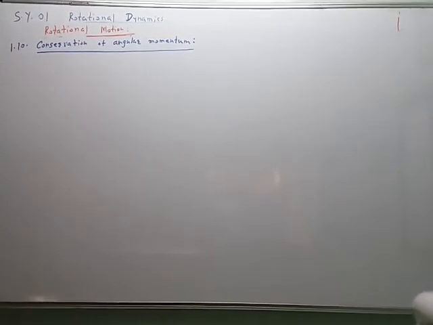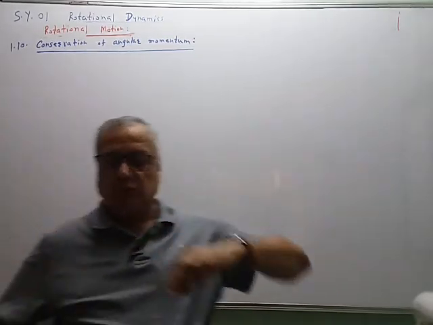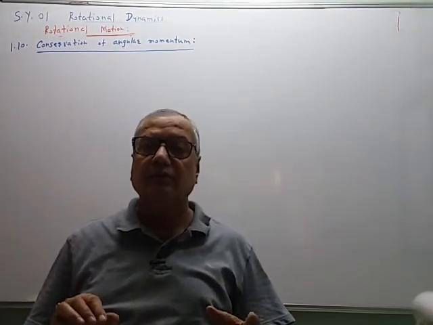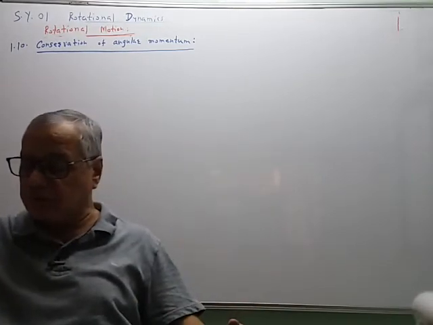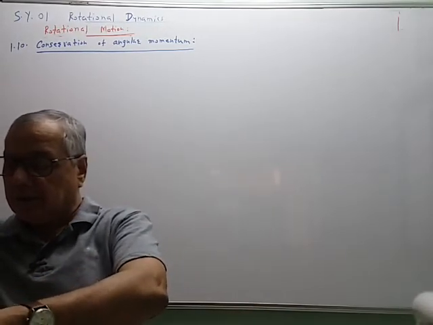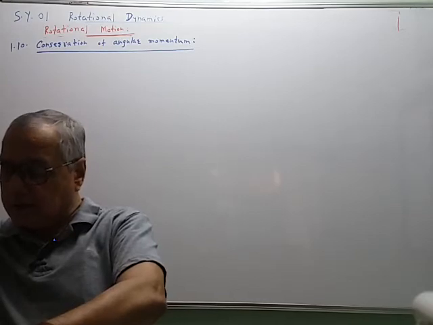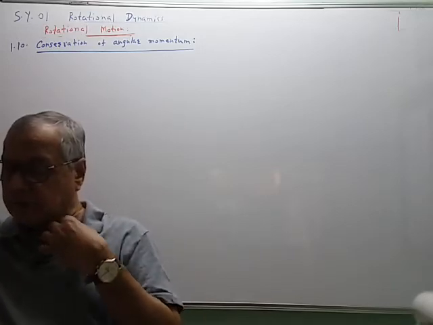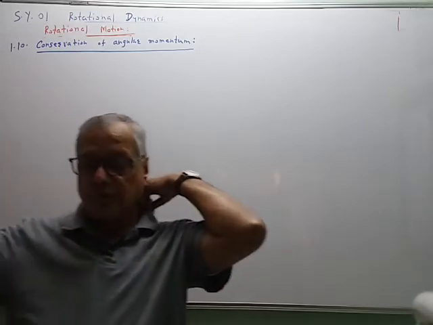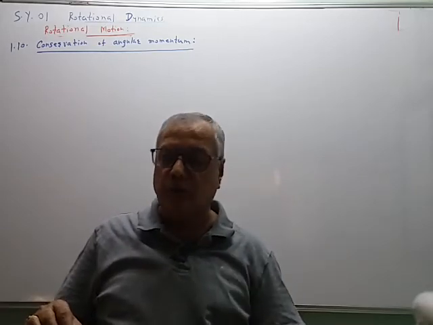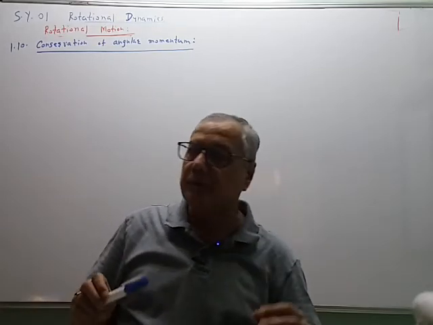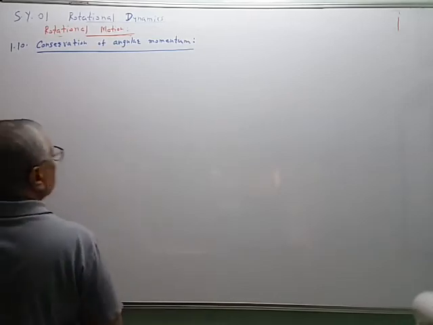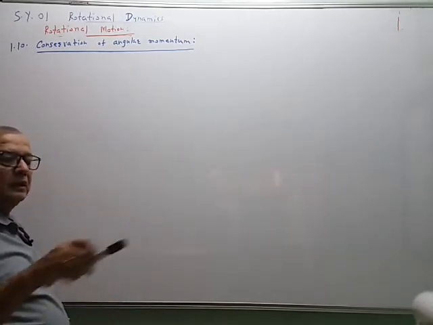So now let us see the next article, 1.2, conservation of angular momentum. We have already derived the equation for the angular momentum of a rotating body. We derived it at the beginning, article 1.81, expression for angular momentum in terms of moment of inertia. L is equal to I omega. We have proved this relation. So angular momentum is given by its definition. We have given it like this.